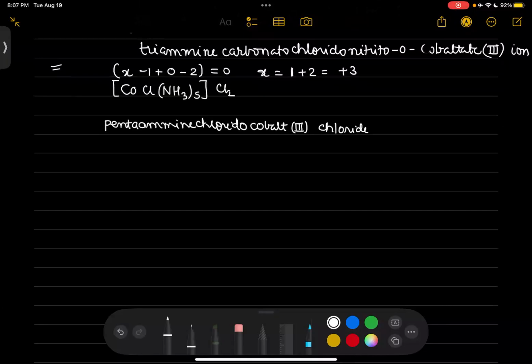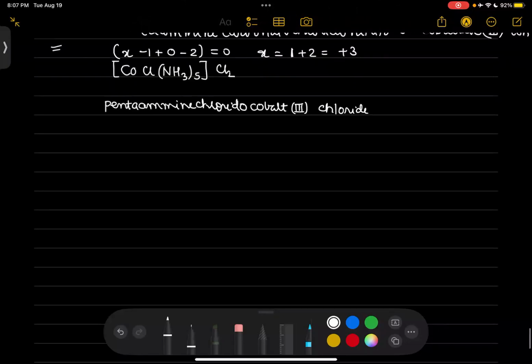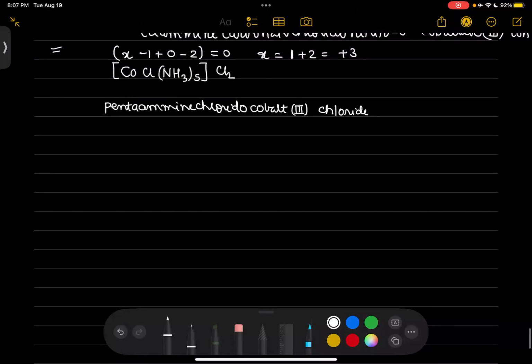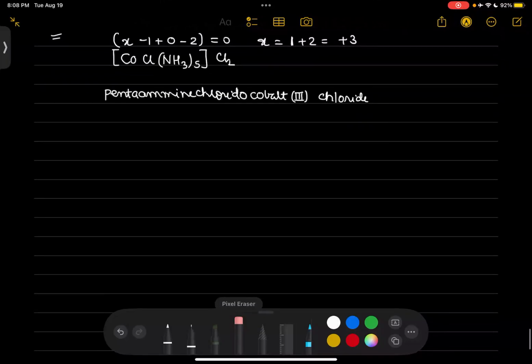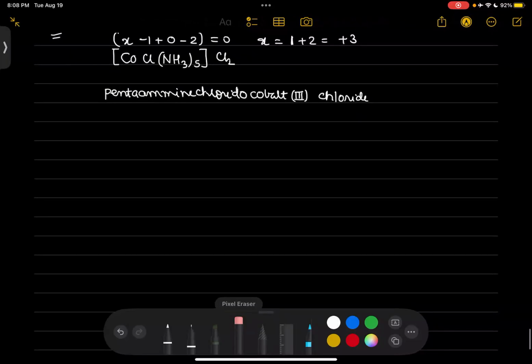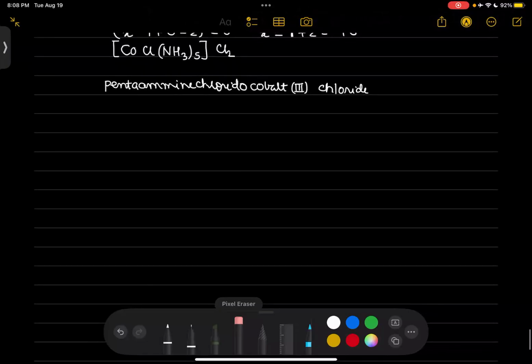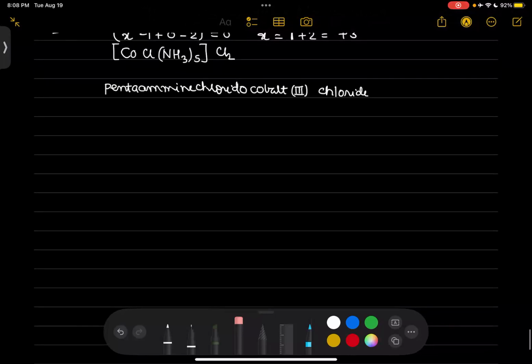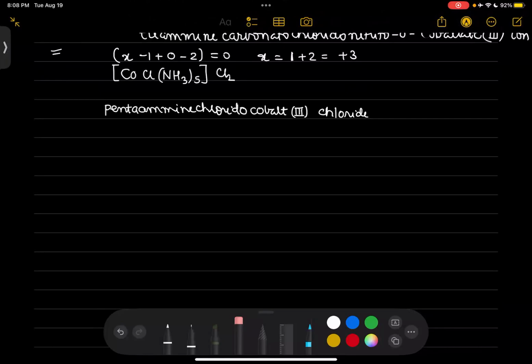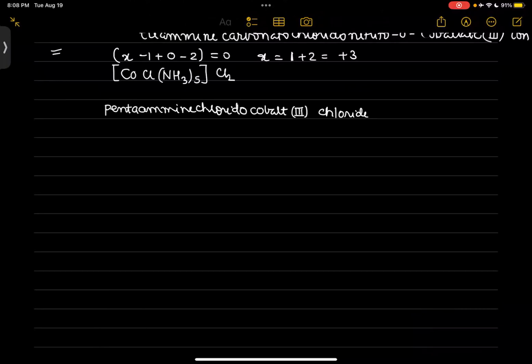Or if the reverse is given, in the reverse case, you will be provided with the name and you are asked to draw the compound. Got it? So those reverse examples are also a good way to practice the IUPAC naming, right? So let me write one of the reverse examples where the name is given and you have to mention the formula, and that is